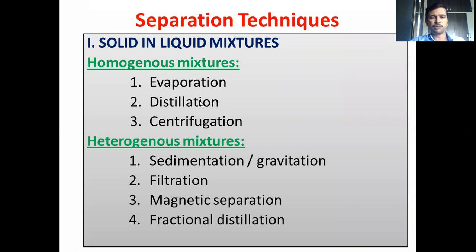So in a homogeneous mixture, assume there are two compounds present, and you may also assume those two compounds possess different boiling points. So when you heat the homogeneous mixture to a temperature above the boiling point of the first compound, then the first compound will be converted into vapor, and those vapors will be arrested in a collector flask. And if you lower the temperature, that particular vapor will be converted into liquid. Now the two components have been separated by the distillation process.